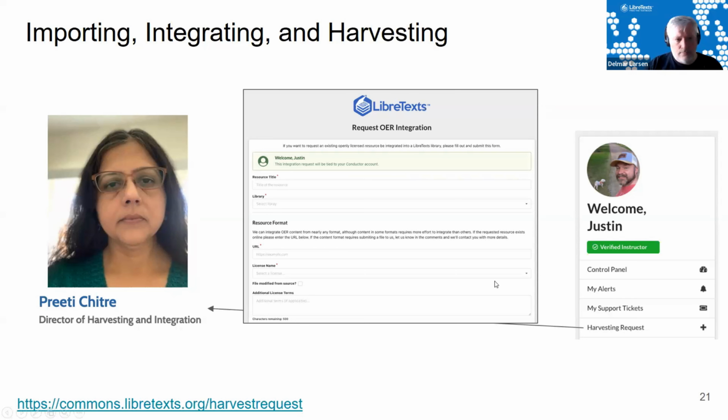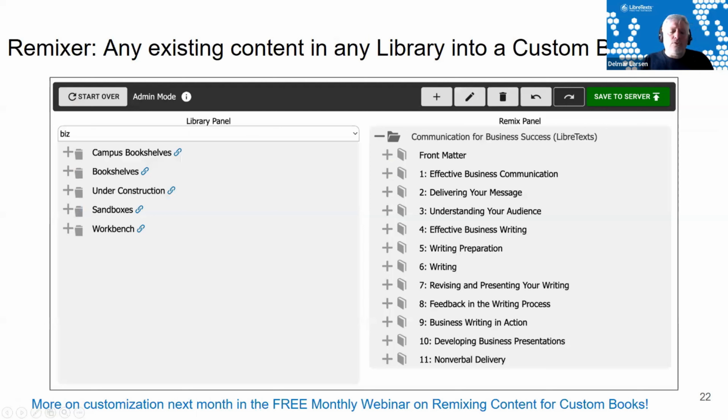So we're sitting on about 1.5 million pages of OER content in a variety of different libraries and different formats. That's great, right? It's the biggest central corpus of OER content available for people to capitalize on. But we constructed something to facilitate easy remixing of that. This was released about 7 years ago, and it's called the Remixer.